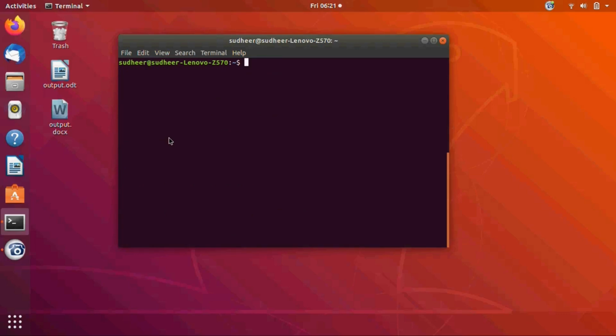Next, if you want to search for a pattern which starts with the file name A but ends with the character T, for example ls, with the file name starting with A and ending with the character T, you have to list all the files which start with A and end with T. For that you need to use A star T. Now it will list all the files starting with A and ending with T. So you got the files which start with the character A and end with the character T.